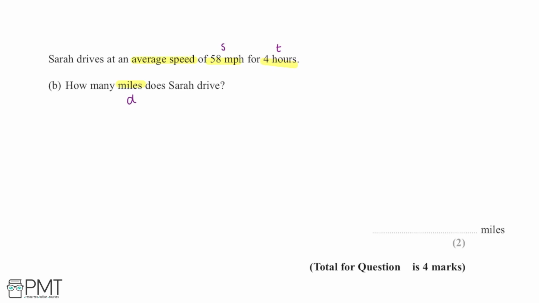and we're going to be working to calculate the distance. Now, if I know that the equation is speed is equal to distance over time, in order to get this in terms of distance here, if we multiply both sides of the equation by time, by t, we're going to be left with distance is equal to the speed multiplied by the time taken. So in this case, I can calculate the distance, so how many miles Sarah drives, by taking d is equal to the speed, which is 58 miles per hour, and I'll put the units in just to check, multiplied by the time, which is 4 hours,